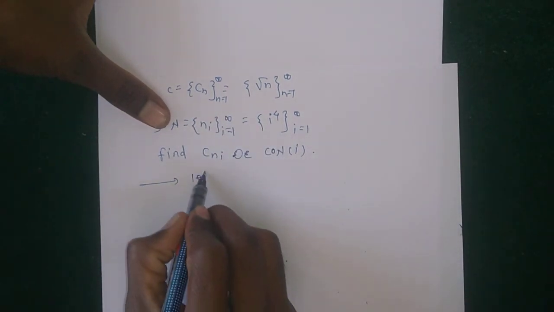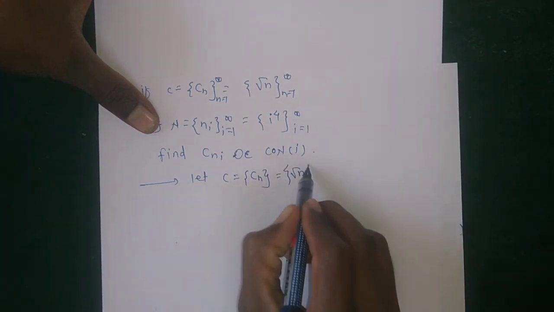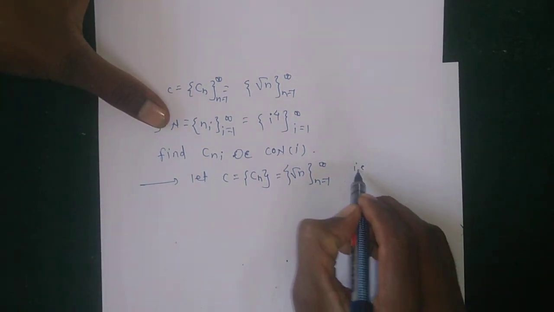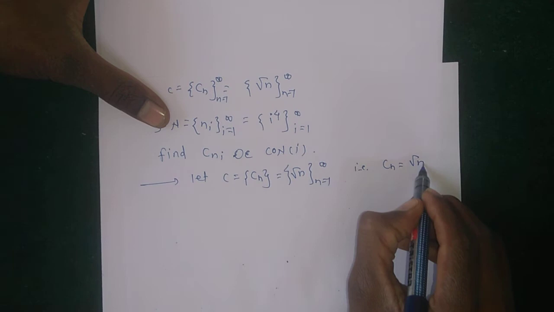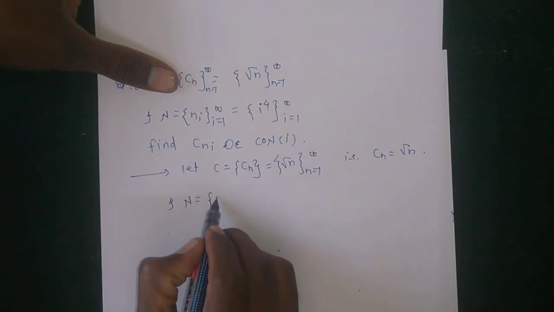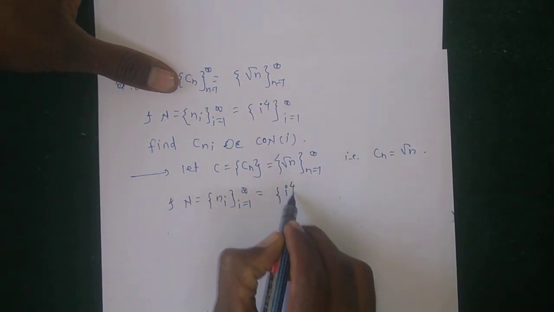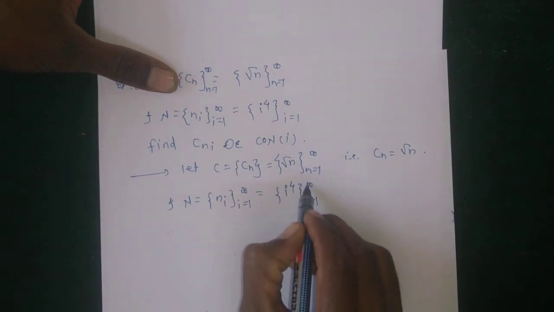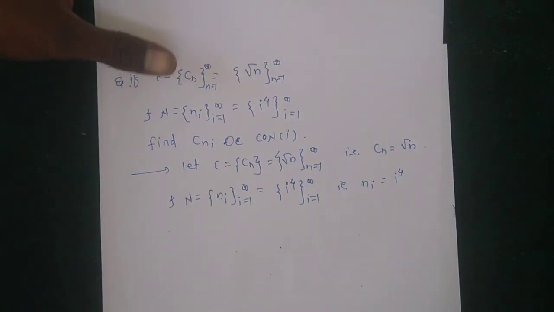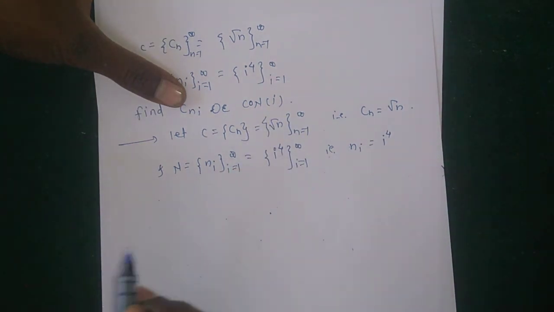So let C be Cn equal to root n, where n runs from 1 to infinity, and ni is equal to i raised to 4, where i runs from 1 to infinity. To find the ith element of the composition of these two sequences: